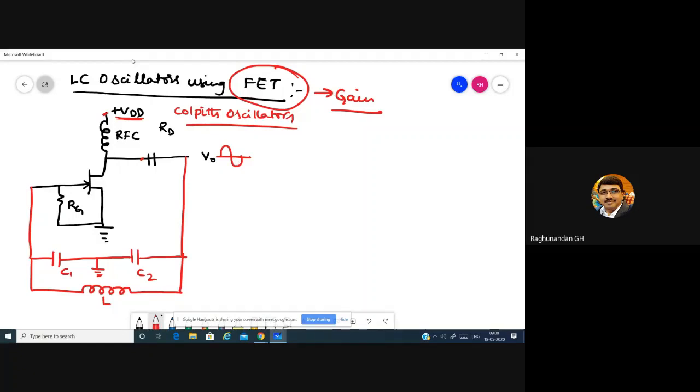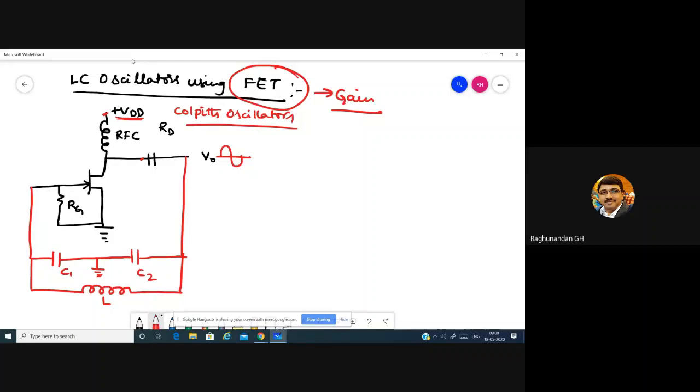So whatever we are getting at the output, we should get a pure AC signal. In order to isolate that, we are going to use this RFC. Because you have seen the behavior of the inductor with respect to the frequency. So by having a proper value of RFC, we can try to avoid the noise as well. Noise means unwanted signal. Even the DC signal is unwanted when we compare with the output.